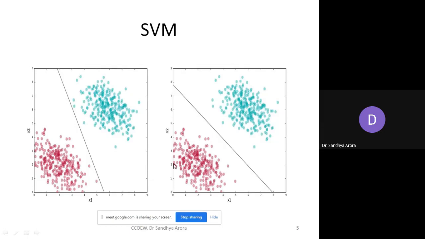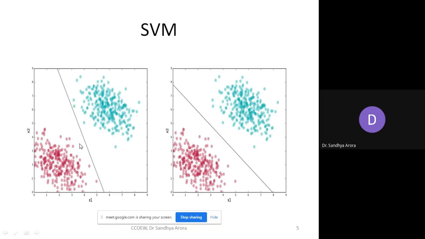Okay, which line would you prefer to go with? Now, when you talk about neural networks, they also classify this kind of data. A neural network also does classification, but the neural network concept is altogether different. If I ask you which kind of line you will prefer, will you prefer this kind of line, or will you prefer this kind of line?